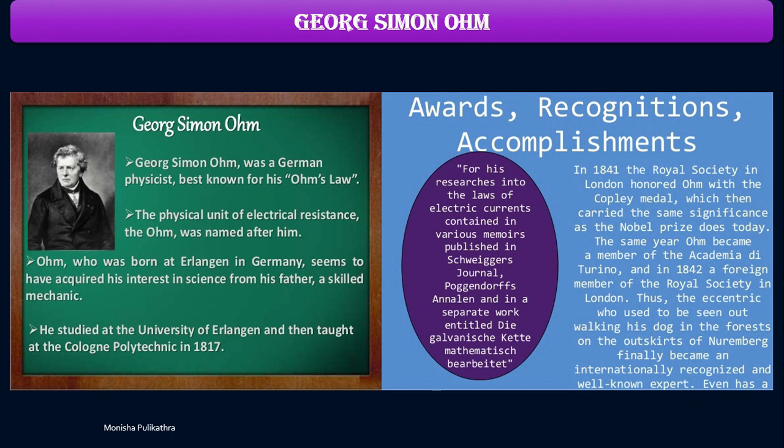George Simon Ohm was a German physicist and mathematician. As a school teacher, Ohm began his research with the new electrochemical cell invented by Italian scientist Alessandro Volta. Using equipment of his own creation, Ohm found that there is a direct proportionality between the potential difference applied across a conductor and the resultant electric current. This relationship is known as Ohm's law. So he is the man behind V is equal to IR, Ohm's law, which makes solving all circuit problems easier. So we have to salute this person.